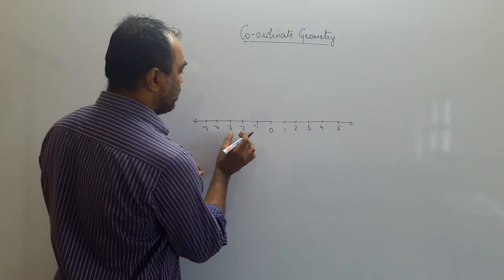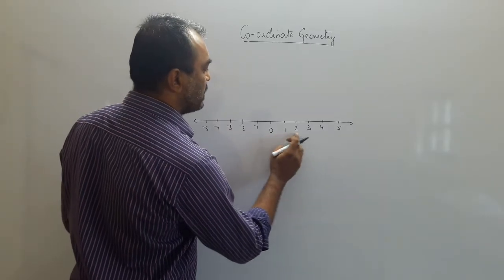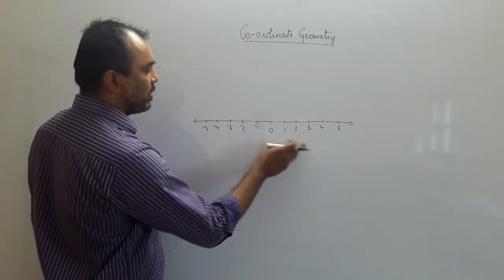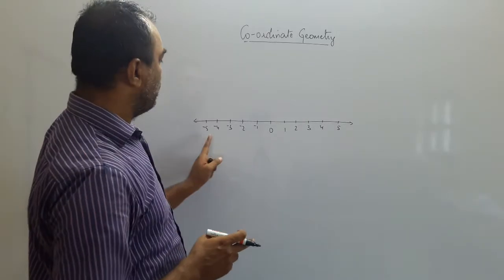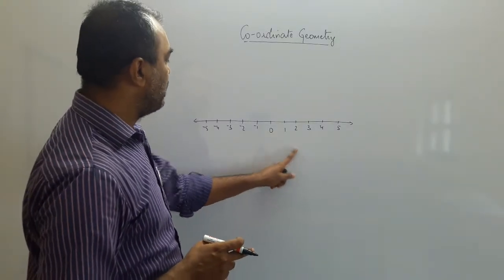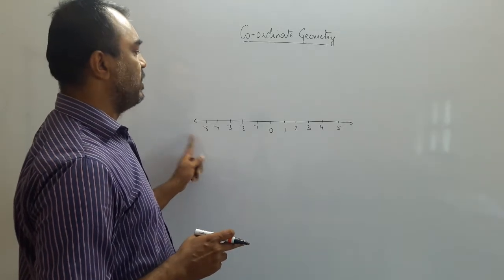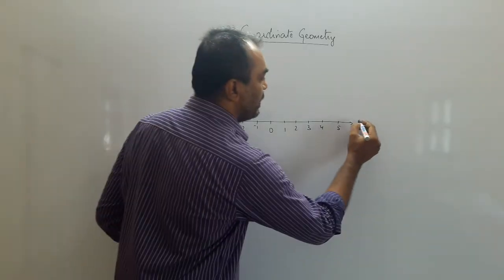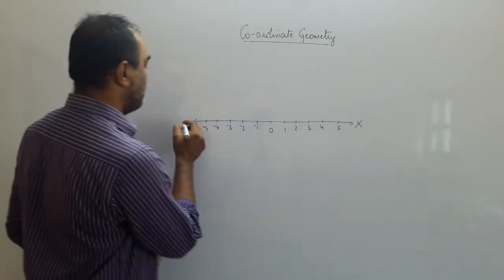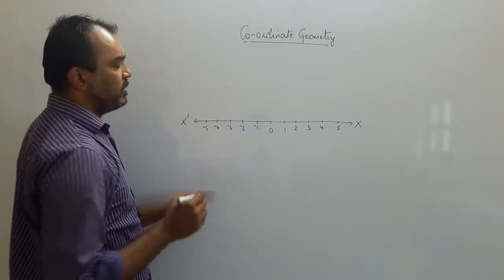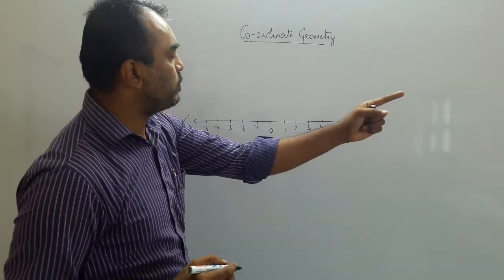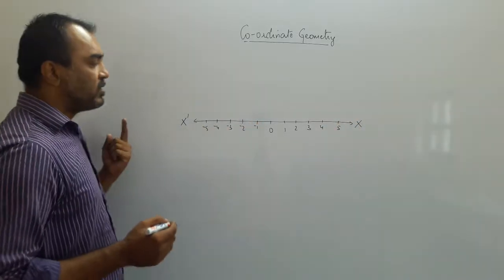You can see there is a difference of one step only. One step, one step, one step to the right, to the left. Right? The numbers on the right are bigger than the numbers on the left, means -2 is bigger than -5. Now this is what we call the x-axis. We call this x and this we call x prime. X shows right direction, positive; x prime shows left direction, negative.